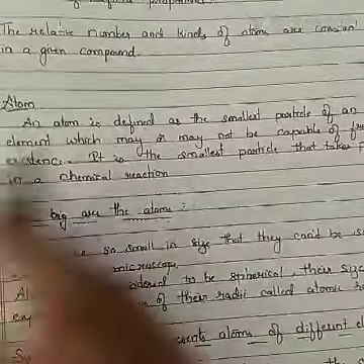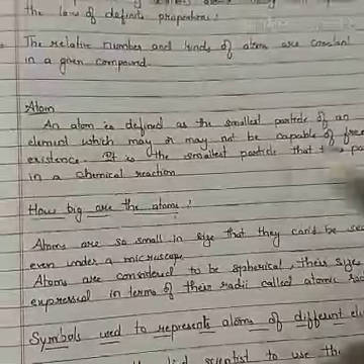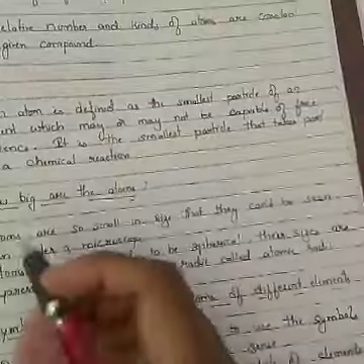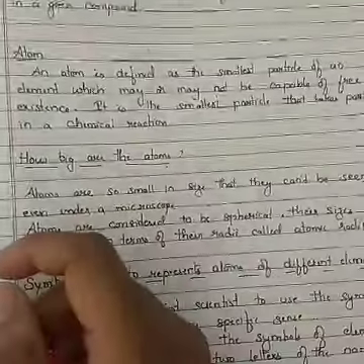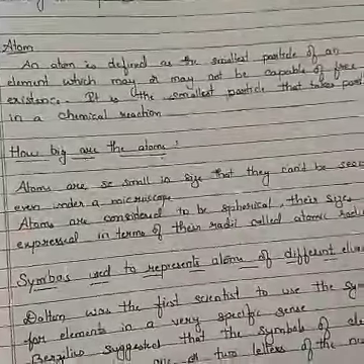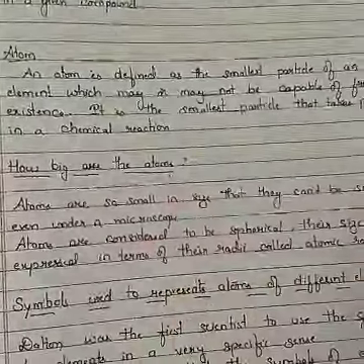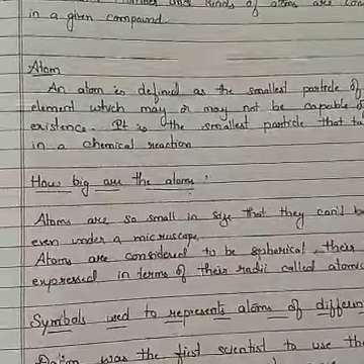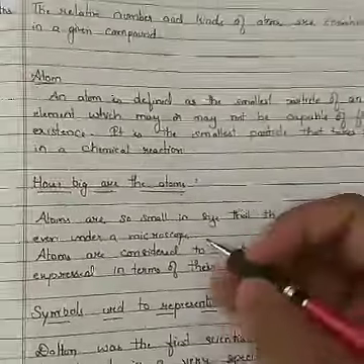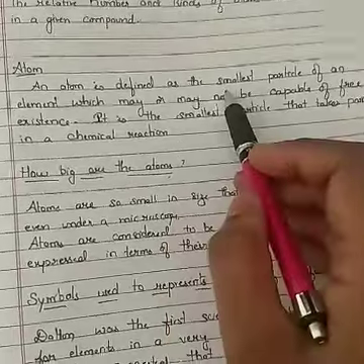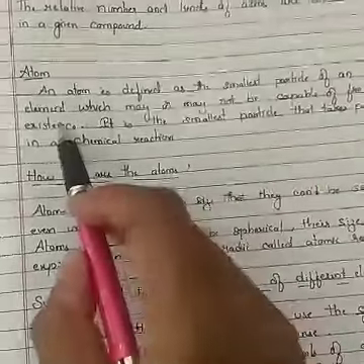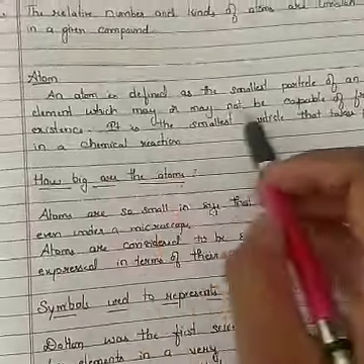Hello students. So we are doing chapter 3 of grade 9, that is atoms and molecules. In the last session we have done Dalton's atomic theory. Now our next topic is atom. What is an atom? An atom is defined as the smallest particle of an element which may or may not be